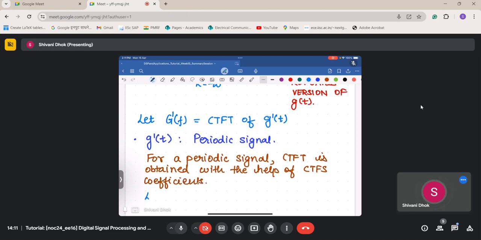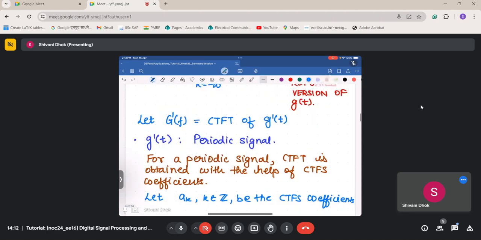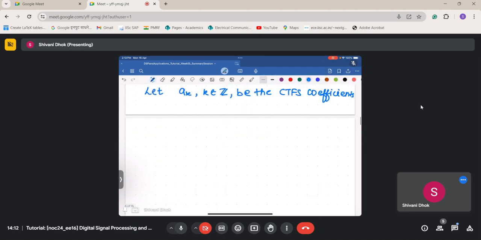So let a_k, where k belongs to the set of integers, be the Fourier series coefficients. Therefore, this G prime of f, or capital G prime of f, is given as summation k running from minus